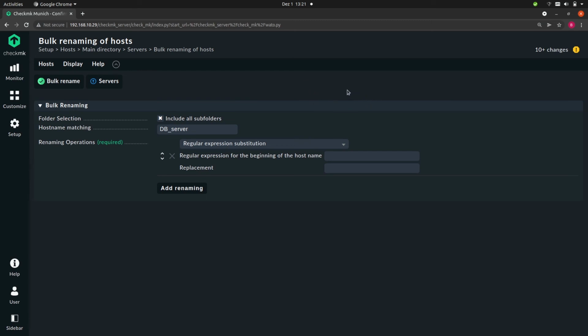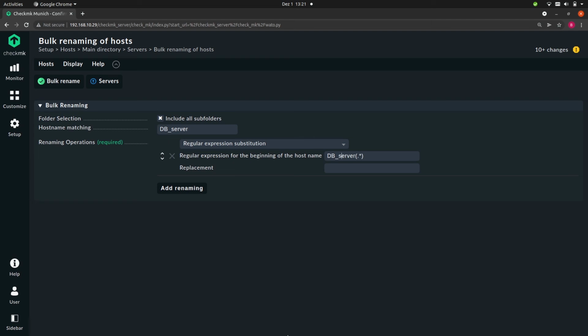To do that, I would have to extract a portion of the host name and reuse that in the new host name. To do this, I would need to create a subgroup in the regular expression. In my case, I want to extract the part that's always at the end after db_server. So how would I write that? I want to capture everything after db_server, and you could write that like this.